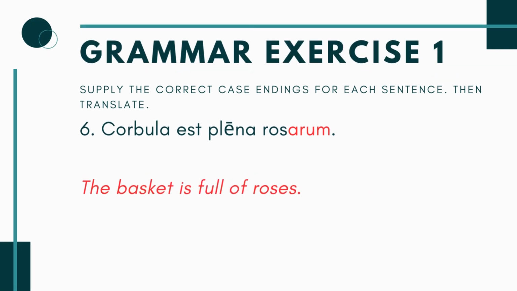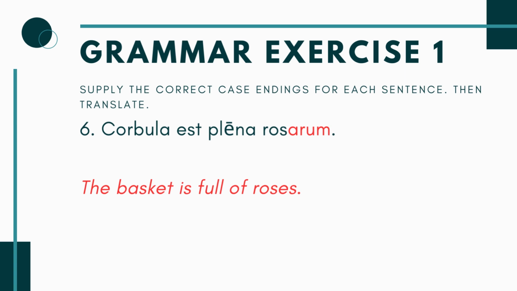Marcella. Now the last one, number 6, you have corbula est plena ros blank. Okay, so the subject here is corbula. Again, you can tell by the A ending, it has to be nominative singular. That's my subject. I also have the verb est, which is singular. It all matches up. So the main idea is corbula est plena. The basket is full. Now I have the word for rose here, rosa, and the question is, what do I